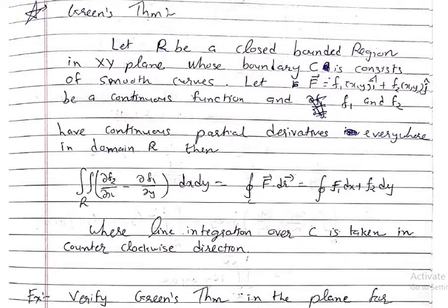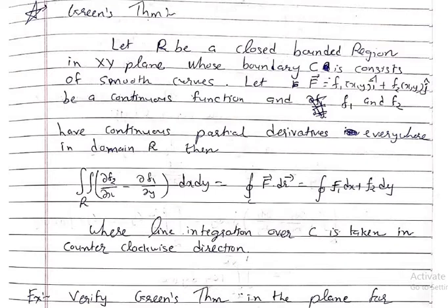Today we are going to start Green's theorem. Green's theorem is a relation between double integration and line integration. Now the statement is, let R be a closed bounded region in the xy plane whose boundary C consists of smooth curves. That means R is any closed region whose boundary C is a smooth curve, and let